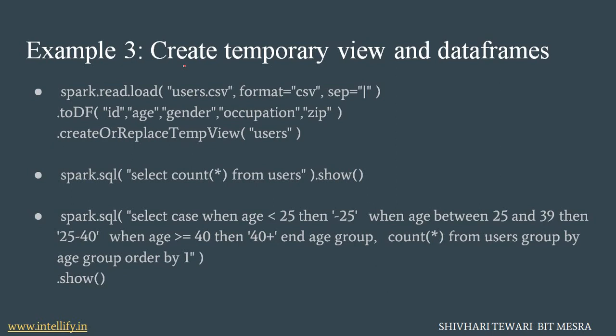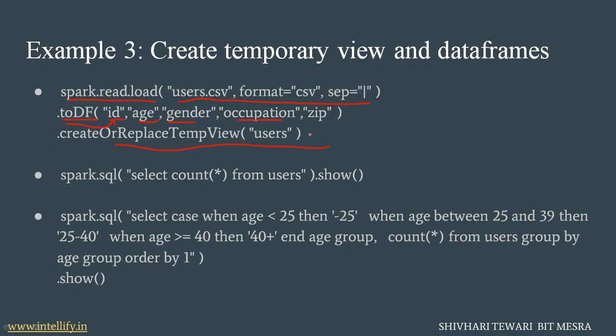Now here is an example of how to create a temporary view and data frames. So spark.read.load users.csv, which is the read.csv command to read the file. Then we will use toDF. toDF is a command to convert an RDD to a data frame. In toDF we will pass the values like ID, age, gender, occupation, and then we will create or replace the